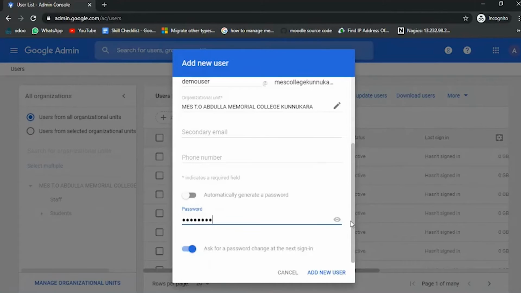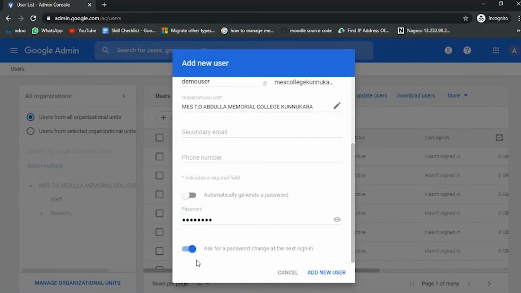I created my password, and there is another option called ask for a password change at the next sign-in. If we enable this option, the created user can set their own password on their first login. If you want to assign the password we created to the user, just disable the option.